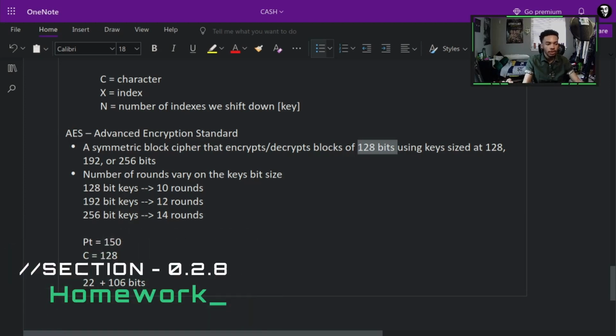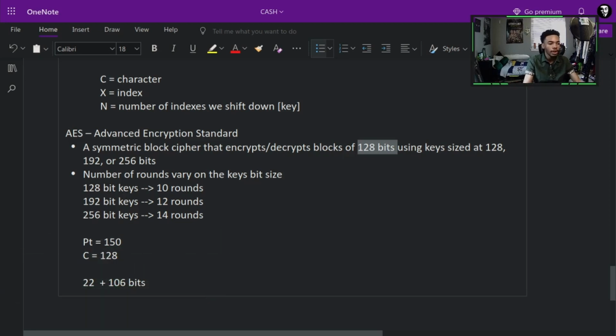Now, last is just the homework. Your homework is very simple, very easy to do. All you have to do is read this article that is linked in the overview for this course. And this is the last homework assignment, I think. So again, it's just reading. Even if you don't fully understand it, just read it and try to understand it, okay? But that's going to be it